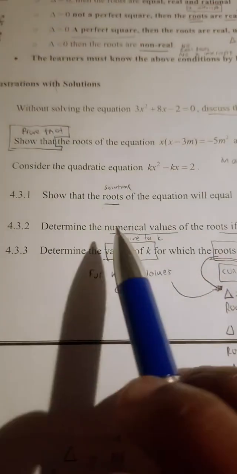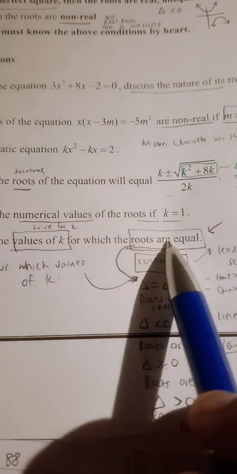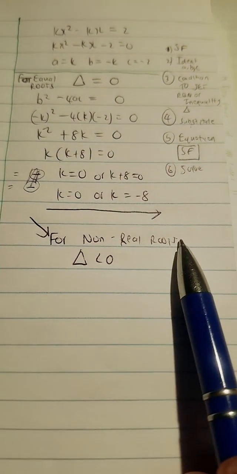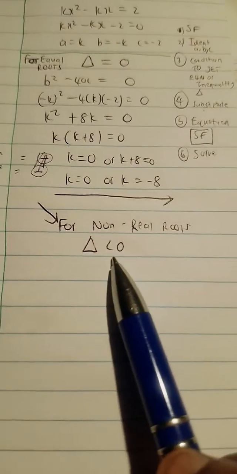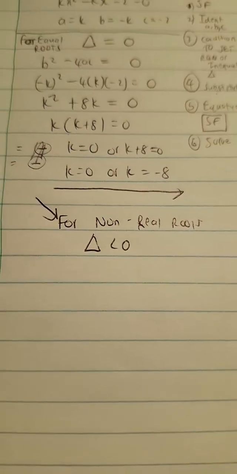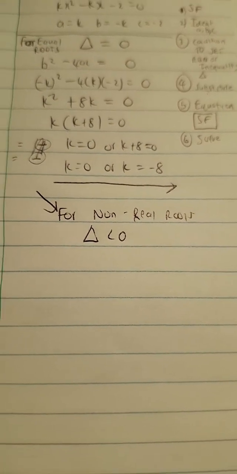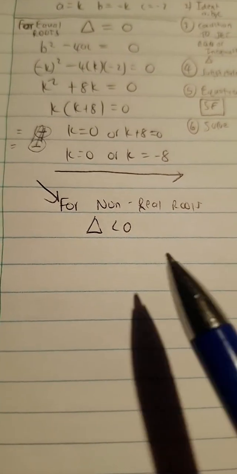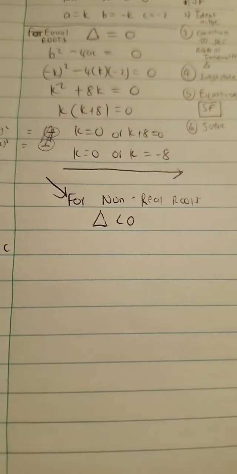If this question had said determine the values of k for which the roots are non-real, then we are talking about a different condition altogether. Delta is less than 0. And I'm just considering that for another possible way in which they would have asked the question. Then we would have harvested that k squared plus 8k because it represents delta,